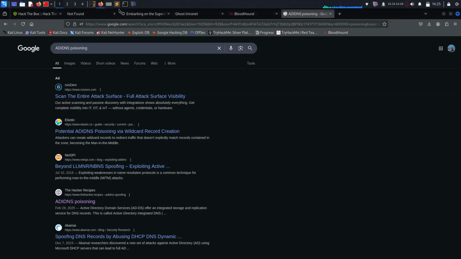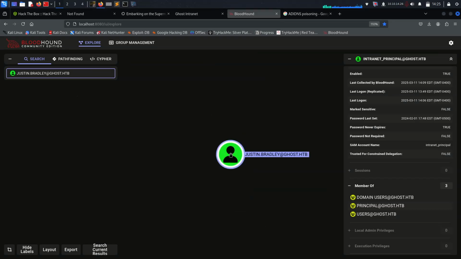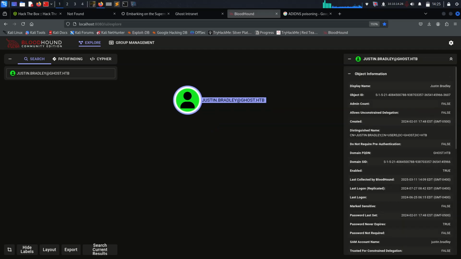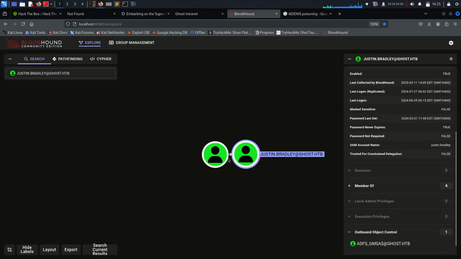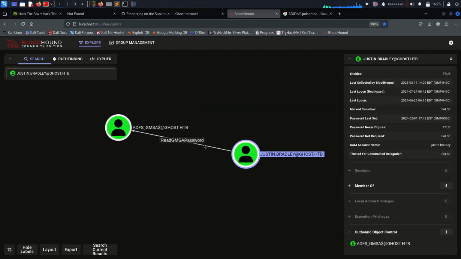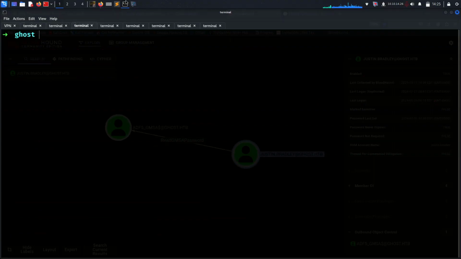We can now open the BloodHound data again and go for Justin Bradley at ghost.htb. Let me open it here, and we have outbound object control, and we have ReadGMSAPassword for ADFS_GMSA right now. So this is another great thing we just got. And if you want to